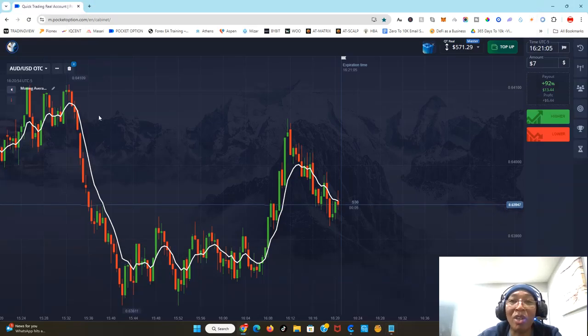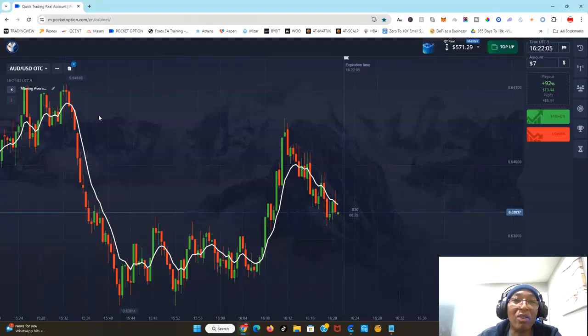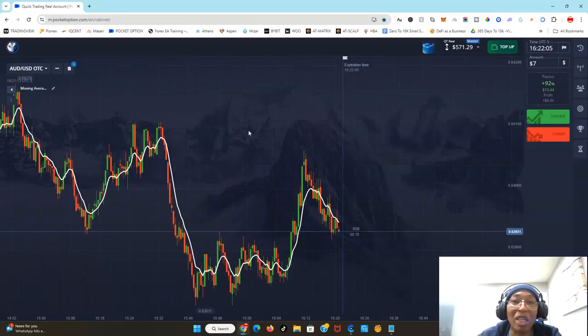Okay, now before I proceed, let me put a disclaimer. I am showing you something that is very risky. If you jump into this with lots of money and you cannot afford to lose it, you can lose your entire investment or part of it. So only go into this with money that you can afford to lose. Any trading, anything online is very risky. So guys, if you don't want to lose your shirt, if you don't want to end up in the doghouse, make sure you follow proper risk management.